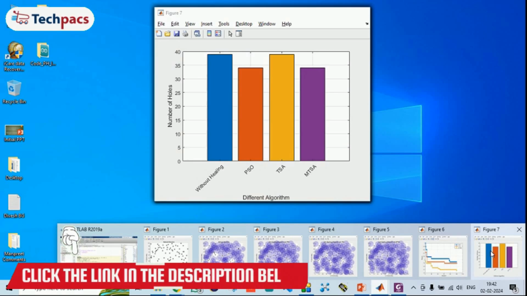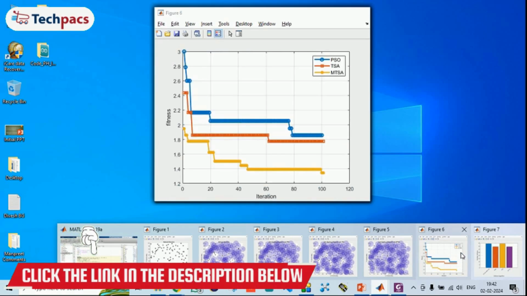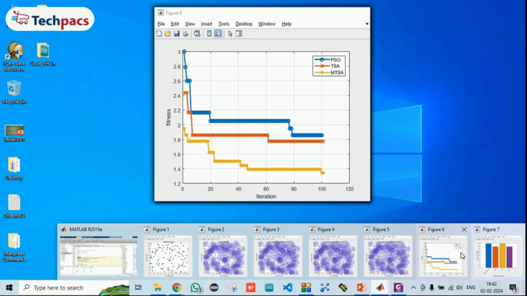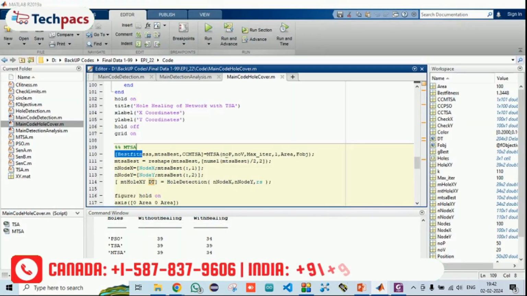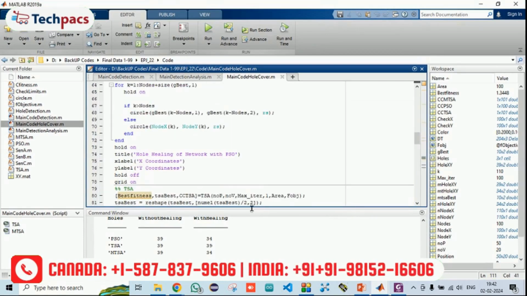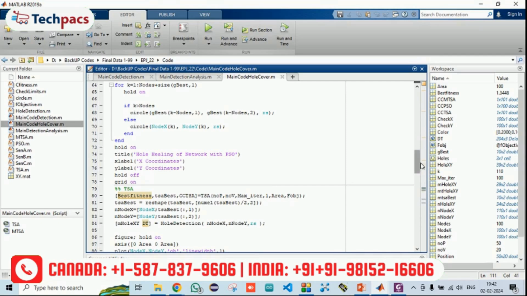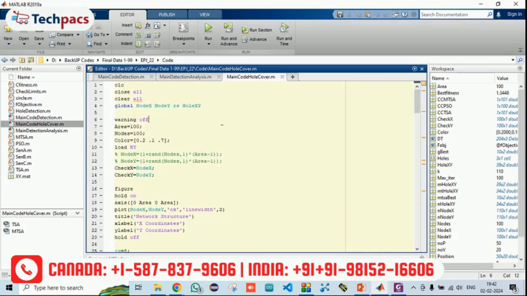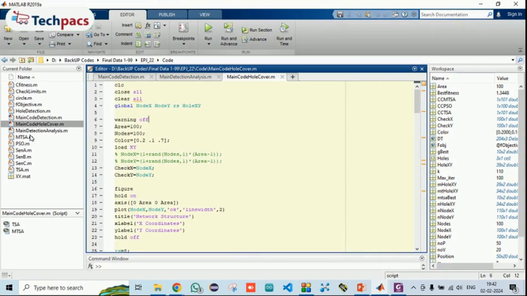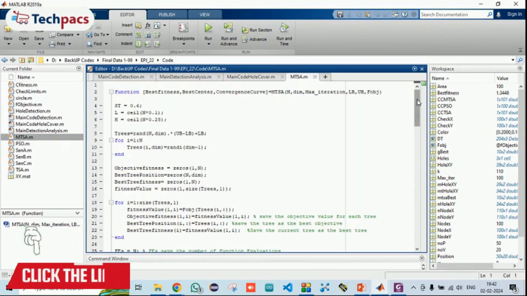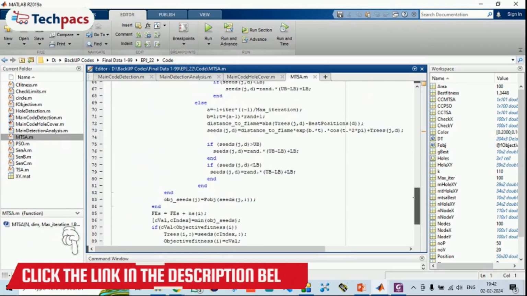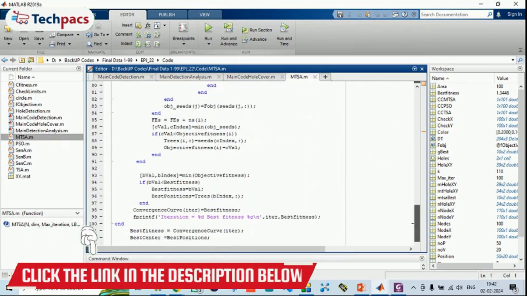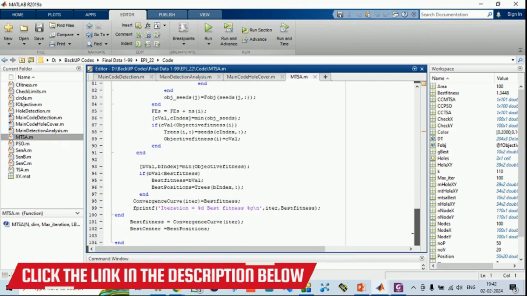As many times as we run the code, the convergence curve shows that the fitness achieved by the proposed method is better. It means it is achieving the coverage of more holes. So this is the strategy that we have implemented in the proposed methodology to detect the holes as well as to mitigate the holes. In the proposed MTSA method, we have hybridized it with the strategy of getting the new solutions by the TSA as well as